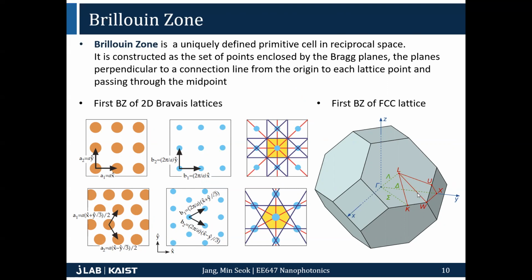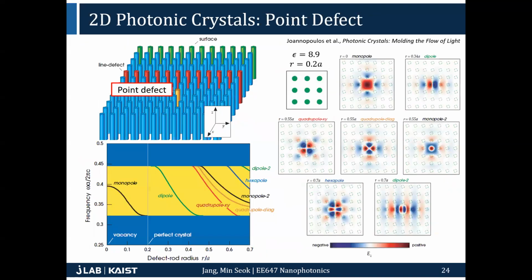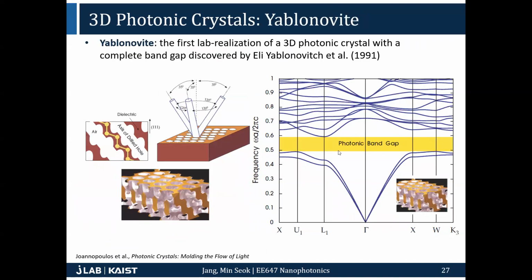So instead, again, we just draw the dispersion relation along the high symmetry points, gamma, K, W, X, U, L, and so on. If you draw that, yeah, this is an example. You can see here gamma, X, W, L, U points, the high symmetry points, and then this interesting looking